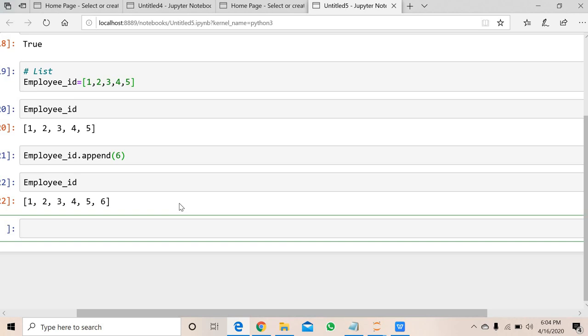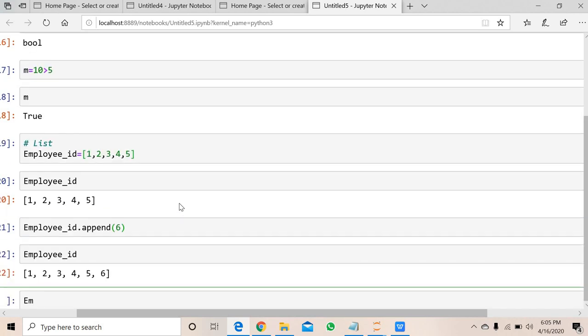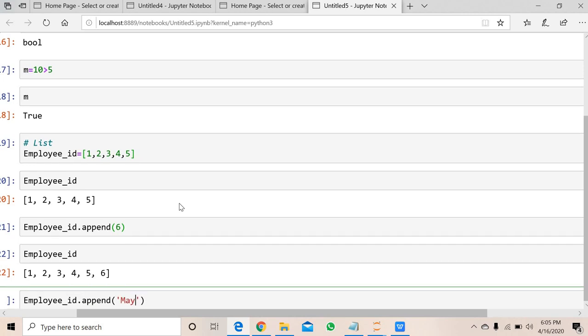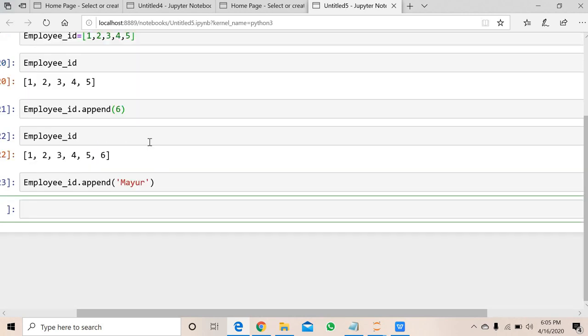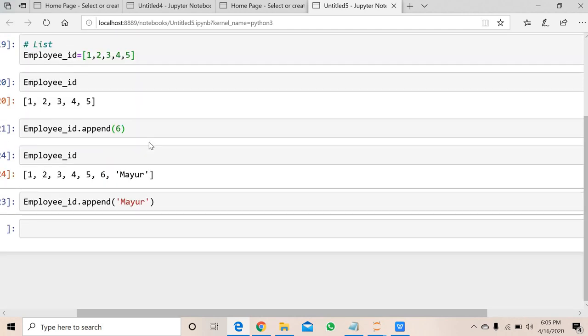Yeah, check. After 5 the number 6 is appended. If you want to append any string value as well, we can append that one. Dot tab append. If you want to append any name, you can append. See, you can append my name also in the list. This is the function of append.